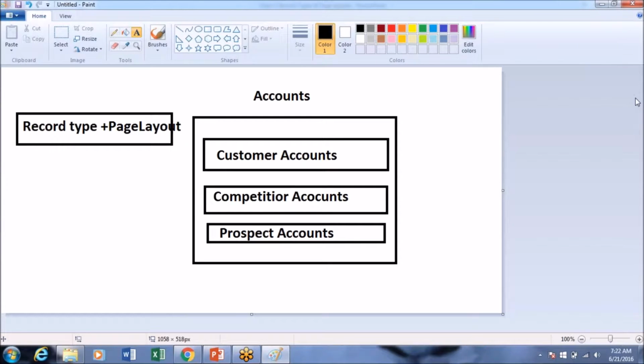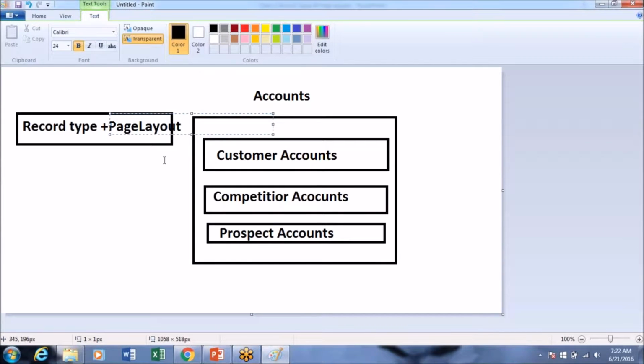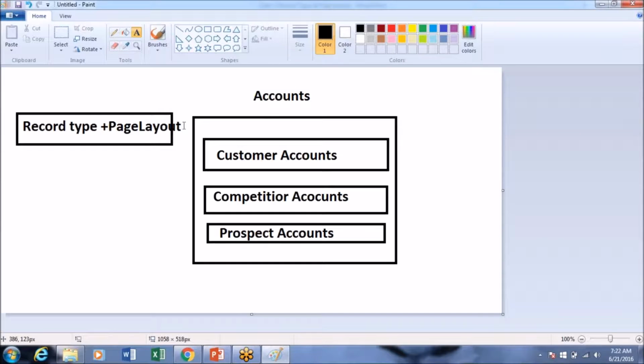But if he sees only the fields related to his business, he will understand, okay, these are the fields I need to fill, or these are the fields I need to work with. For that, page layout will help us organize the fields and associate them with a particular record type.